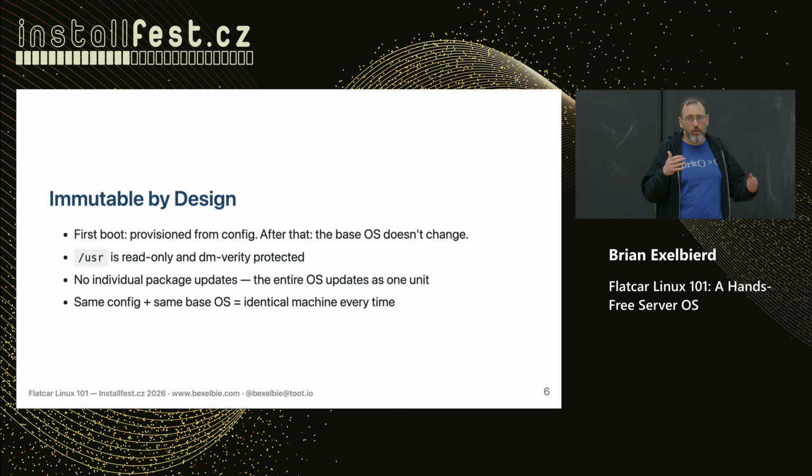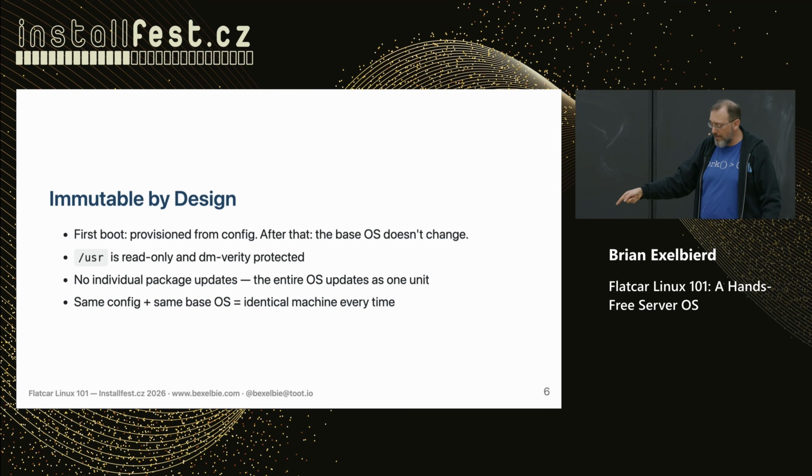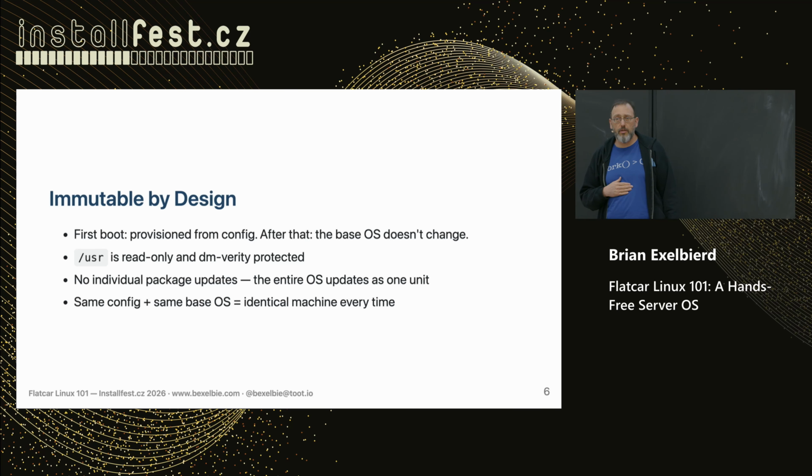But the way this works out is this. If you have two machines that report that they are running the same version of Flatcar, they are actually identical in all ways. This laptop's running Fedora 43. That laptop might be running Fedora 43. This laptop got DNF updated about 2.5 weeks ago. That one may have been DNF updated this morning. They're both going to tell you they're Fedora 43, but they actually have different software versions on them. Onesie-twosie on laptops, it may not matter, but at scale and in production, these kinds of drift changes matter, and Flatcar is immutable there.